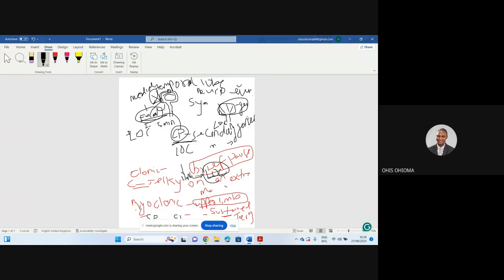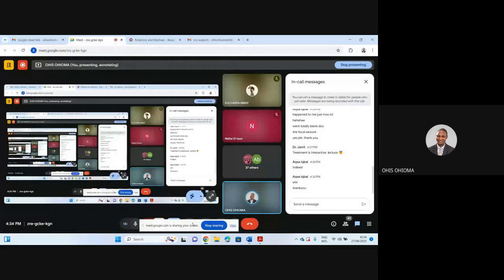And in generalized seizures, basically, the patient presents with other features. It could be eye rolling, it could be lip smacking, it can be urinary incontinence because every part of the brain is affected, right? But in the focal seizure, the patient is able to control those things because the patient is conscious and it's only one particular part of the brain that is affected. I don't know if this is able to clarify a lot of things.